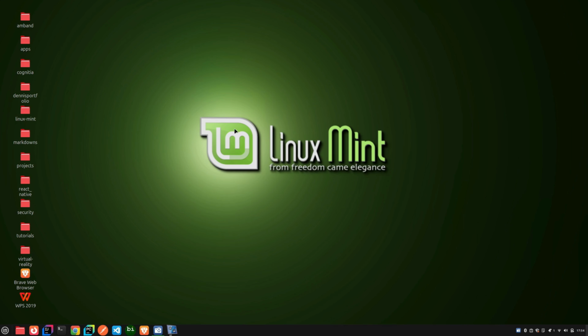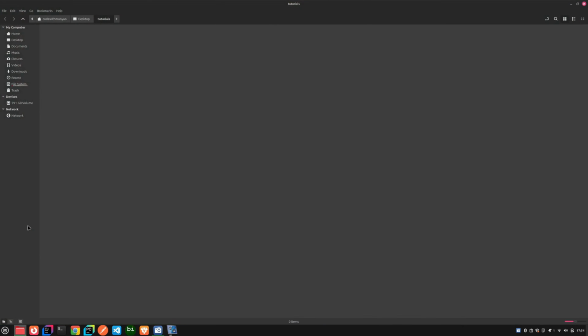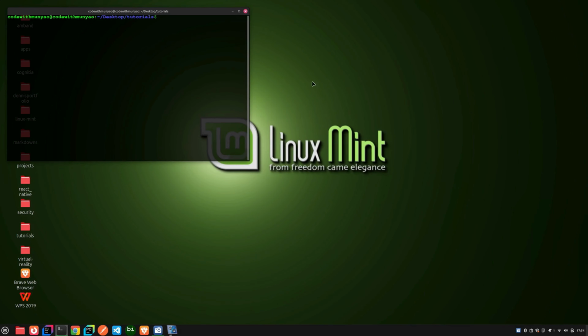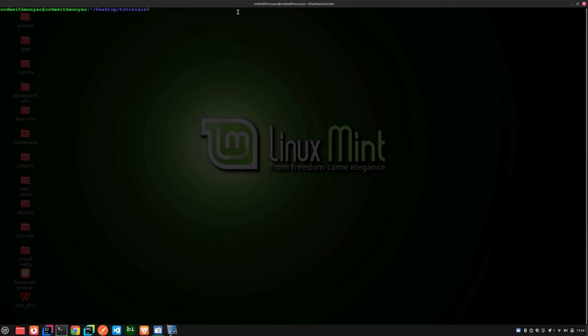So I have a folder here I call tutorials. I'm going to open it. Then I'm going to open my terminal inside the folder. Then from the terminal, let me just minimize that. From the terminal, I'm going to